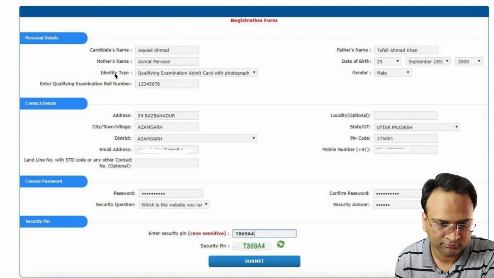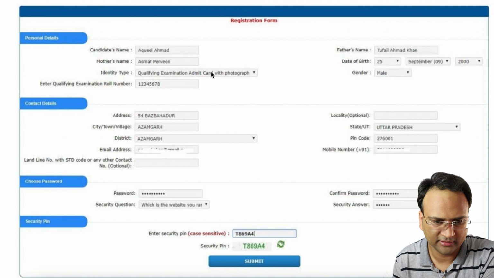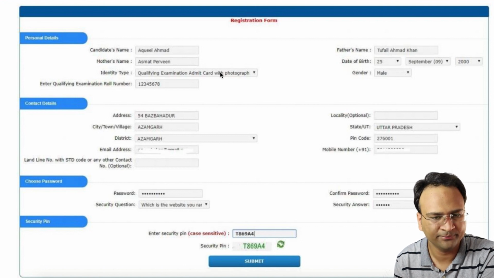Make sure of this. Then identity type. Identity type means when you click this drop down, you will get several options like selecting a PAN card, your passport, your driving license, your Aadhaar card. Okay, so several other options are available here. Which one is appropriate to you, whichever you are holding, just select the correct one here.